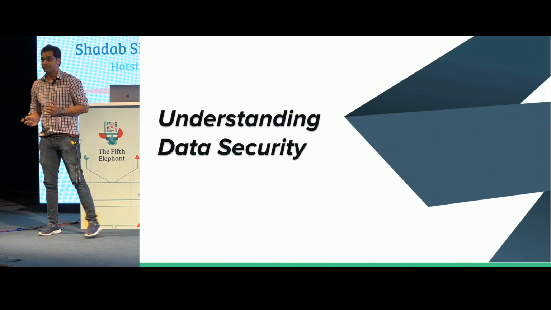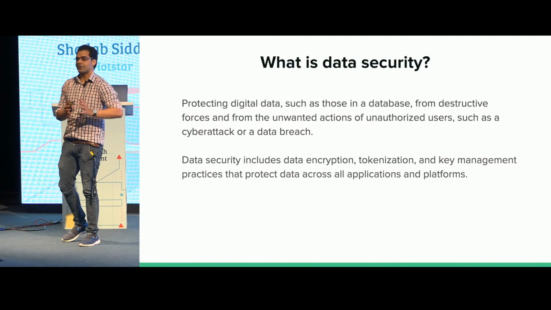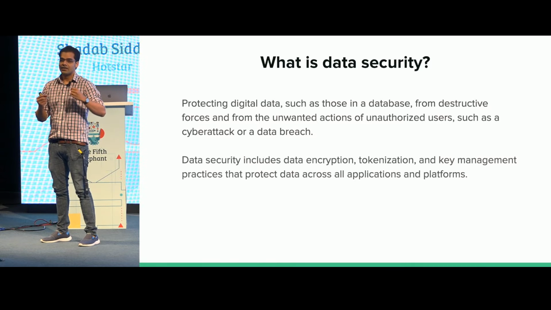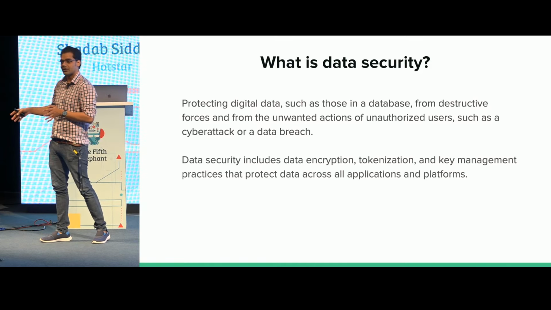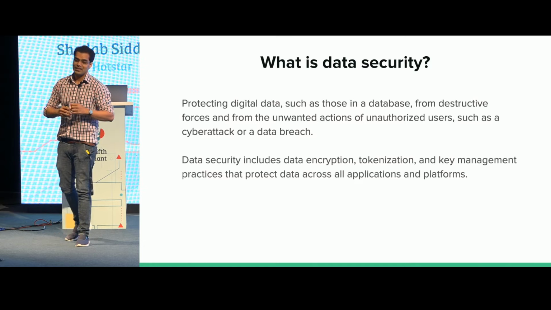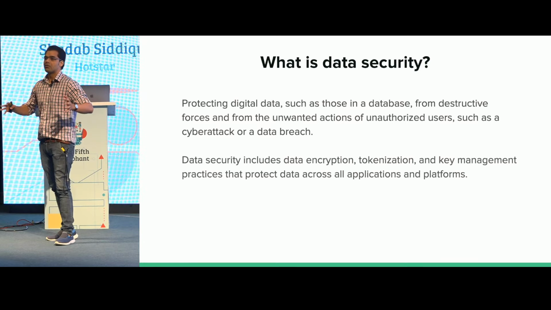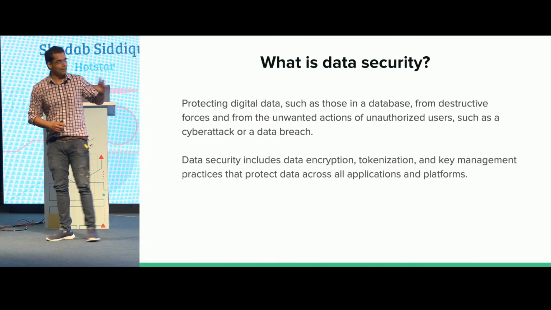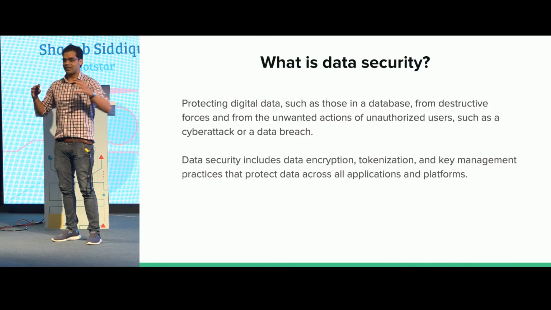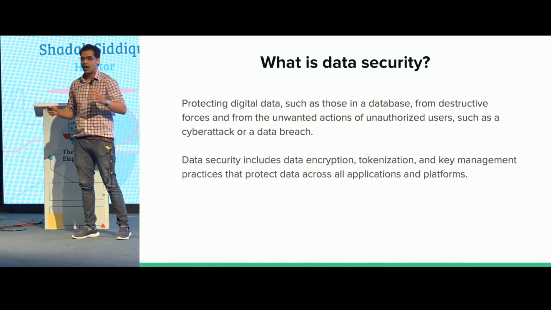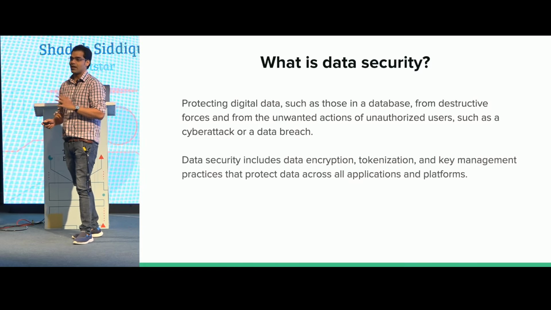Understanding data security. Okay, what is data security? A Wikipedia definition says data security means that we protect data from unwanted use by unauthorized persons or a breach, right? There are tons of ways you could do it, from tokenization, encryption, hashing, a lot more ways. But typically, data security means this. But then how do we do it in a conference like Fifth Elephant, right? Because all of us work with a lot of data. And if that data goes out, it becomes a big problem.